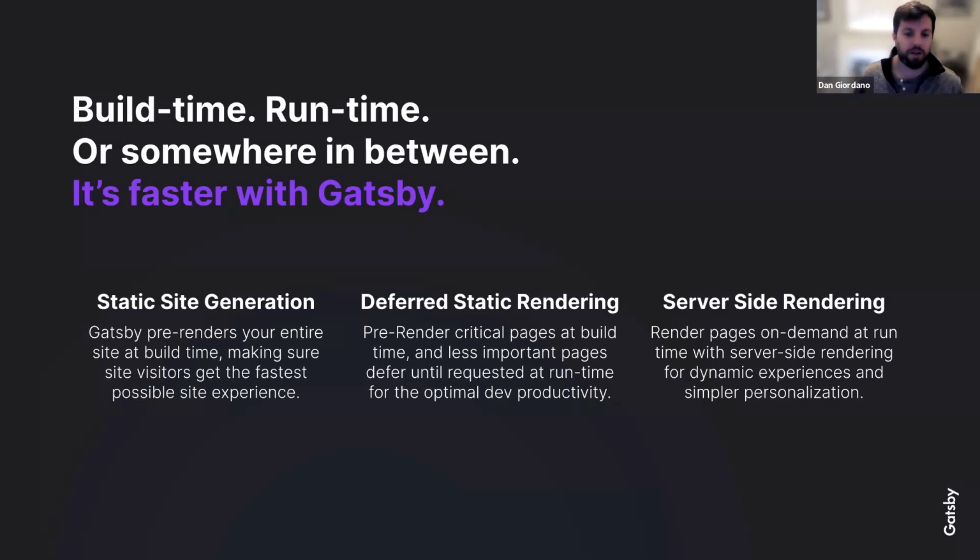And then we have this middle case here, deferred static rendering, where we're really taking the most critical portions of our website, rendering them at build time, so that the vast expanse of your user base is getting that static performance, but it doesn't take maybe hour-long build times for huge websites on the dev side. So we're really trying to balance the developer experience and the user experience across these rendering methods.